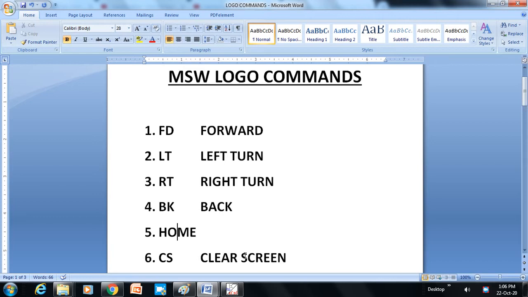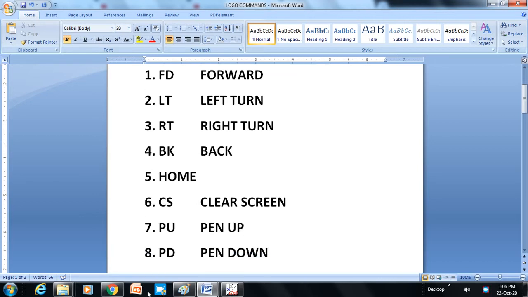Now we will learn two more commands, which are PU and PD. PU means pen up, PD means pen down. Basically, when you write on your paper, you need to touch your pen or pencil on the paper. When you touch and move your pen, you write something.